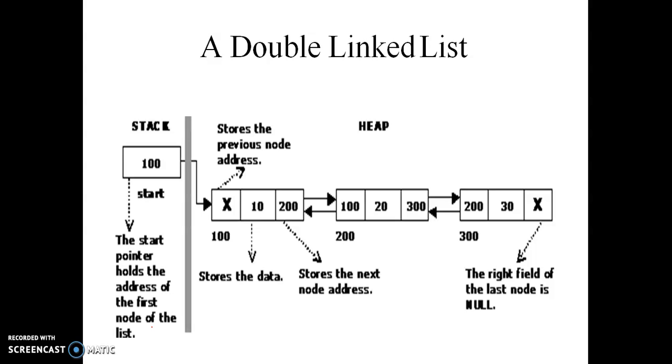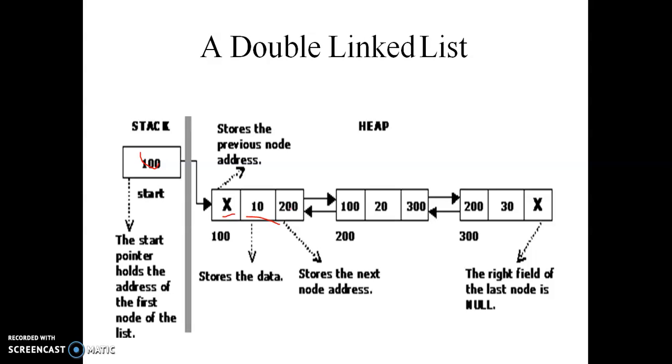So our double linked list looks like this. Here also it has one starting node, this is the start node. And x is the first node, 10 is the first node in the linked list, and it has no previous node, so x is nothing but null. And it has the next node, 20, so the 20 node address is 200. 200 is stored within the 10 node's left.